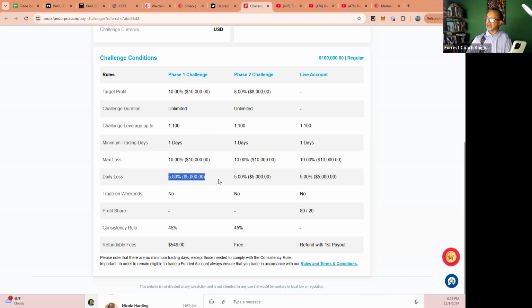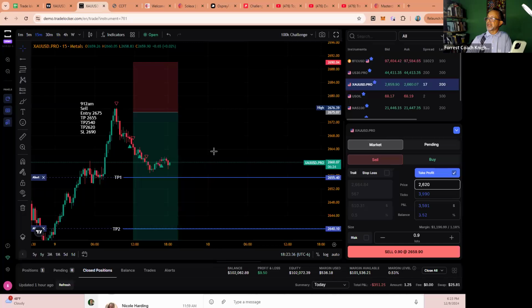Again, I would not do this as a maximum daily. I would take 10% of this number and 10% of that number. This would be my daily goal that I want to earn. This would be my daily goal I want to lose, and I would take 10% of each one of these numbers. So 10% of 5,000 is 500, 10% of 10,000 is 1,000. That's what I would set myself up as a goal while I'm taking these trades, so that I can pass my funded